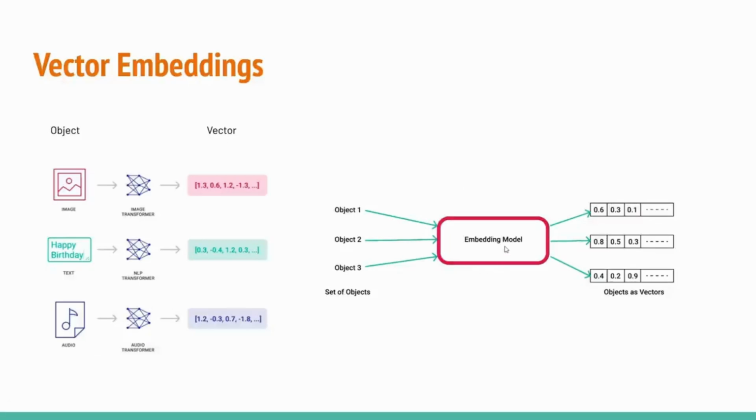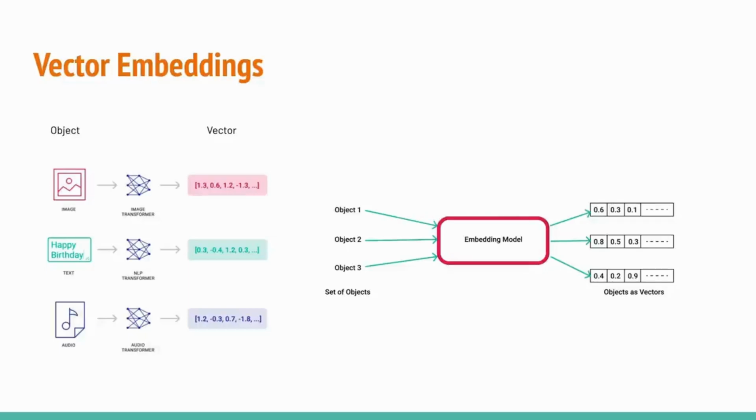Here, embedding model is nothing but a neural network based model, and you can use any kind of embedding model. Let's say we have Word2Vec, then we have transformer based embedding models as well. If you're already familiar with NLP, that means natural language processing, I think you have heard of Word2Vec and transformer embeddings. Nowadays we have large language model based embeddings, like OpenAI embeddings, lots of open source LLM based embeddings, and Hugging Face embeddings as well. Using these embedding models, we can easily generate vectors, and we can store them